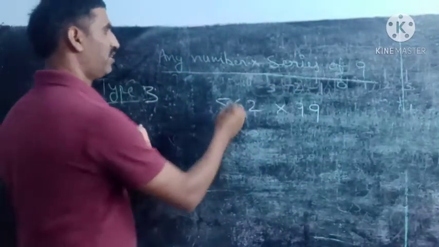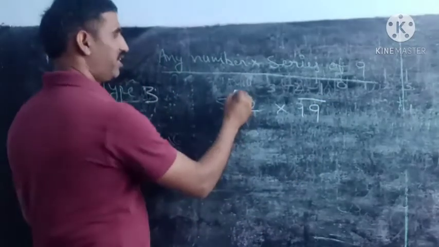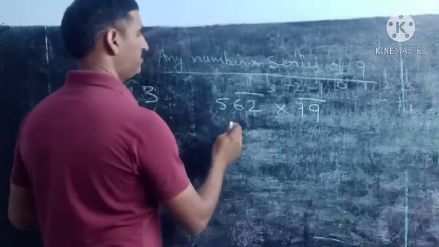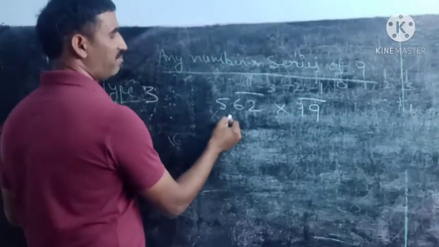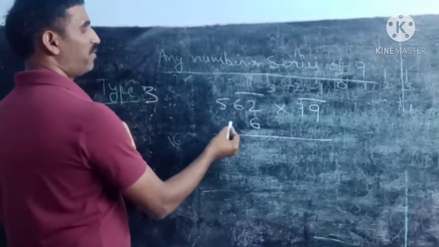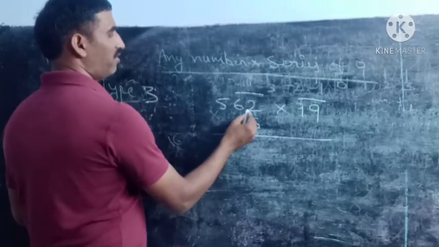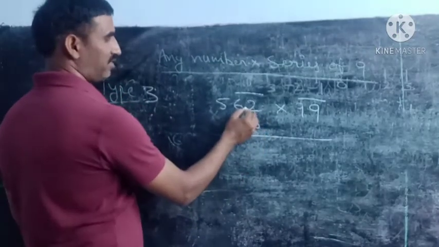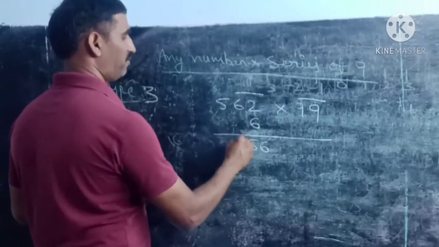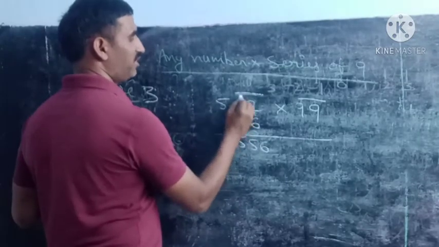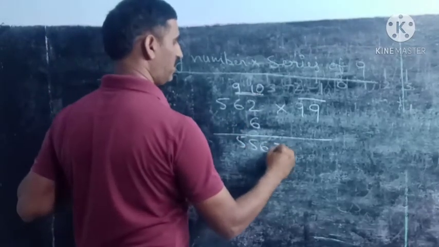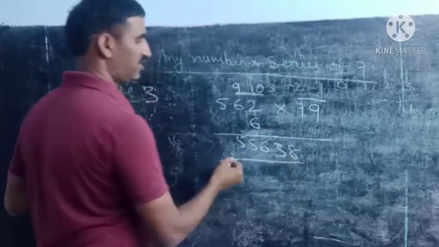What to do? Here two nines will be there. Here also you take a group of 2. So 562: 5, next number, 5 plus 1 is 6. First write the complement of this. Subtract 562 minus 6. 12 minus 6 is 6. Here what is the number? 5. Now write the complement of these two numbers. This is 9, this is 10. 9 minus 6 is 3. 10 minus 2 is 8. This is the answer.